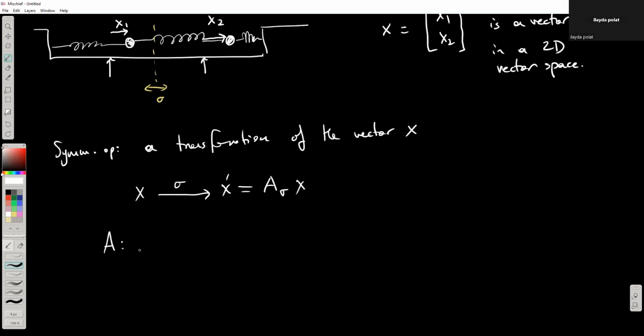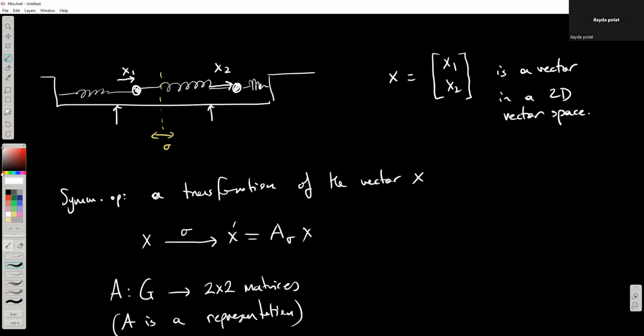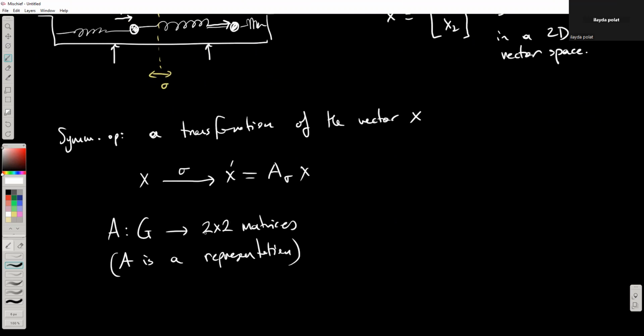So let's say it like this. A is actually a representation from the group to the 2 by 2 matrices. Okay, so basically A is a representation. In a way, that representation is actually determined by the setup of the problem and not by the physics, right? I mean, it doesn't depend on, for example, spring constants in here. So as a result, that representation tells us how these coordinates transform under this symmetry